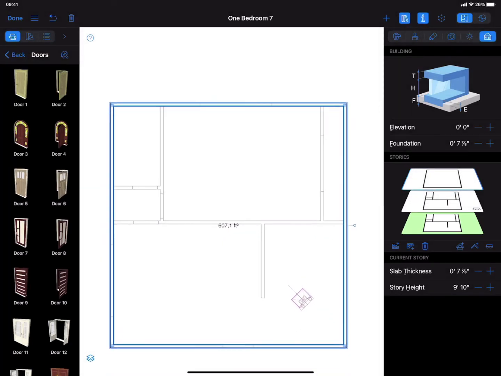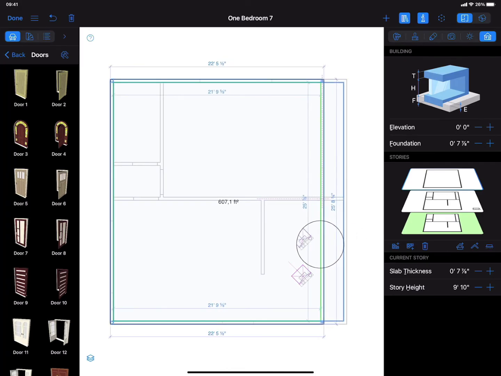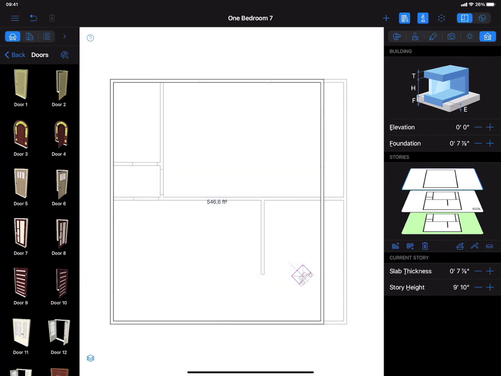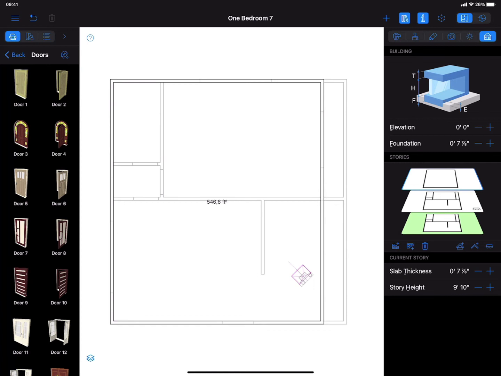By default, the new story has the same exterior walls as the first. This can be easily changed by moving and resizing the walls. To display the floor plan of a particular story, simply tap on the representation in the inspector. You can also make any story the ground floor. Any stories below will become part of the basement. Deleting a story is as simple as selecting the representation and tapping the